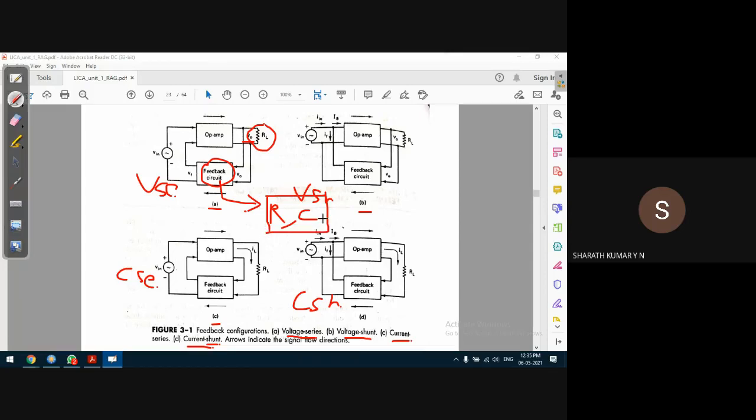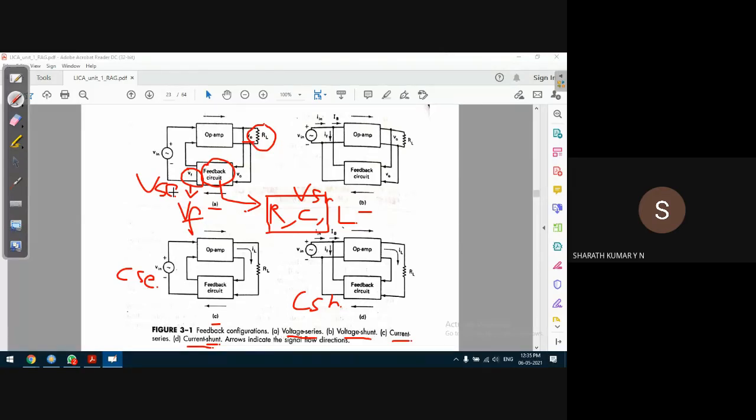Of course, when it comes to an oscillatory circuit, it consists of inductors. The feedback circuit can be an RCL circuit. So the output voltage is fed back as input to the feedback circuit, and the output of the feedback circuit is represented as VF. Guys, I think it's not clearly visible here. It is VF, the feedback voltage. The output of the feedback circuit is fed as an input to the operational amplifier.